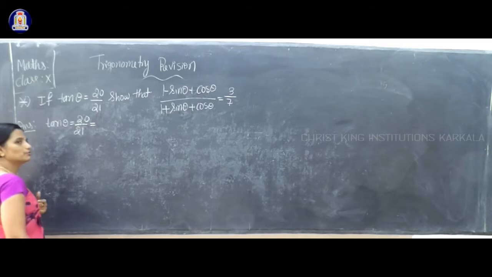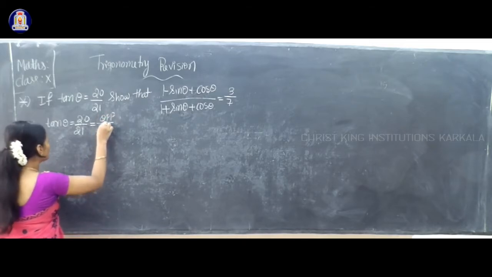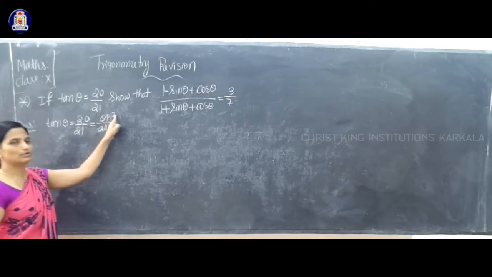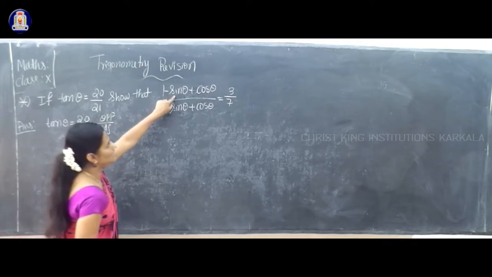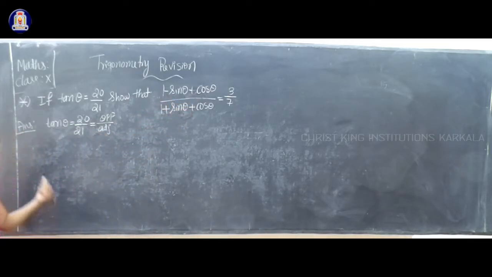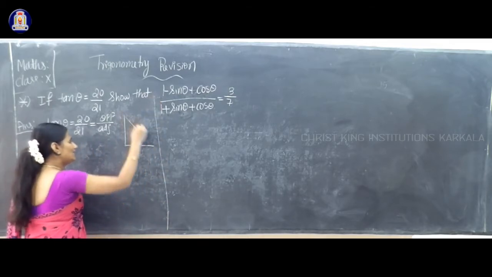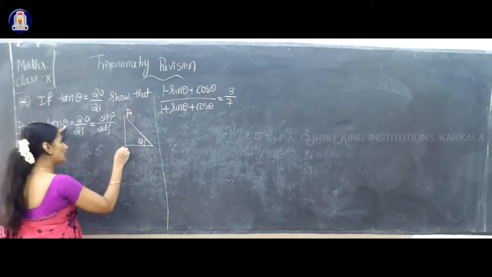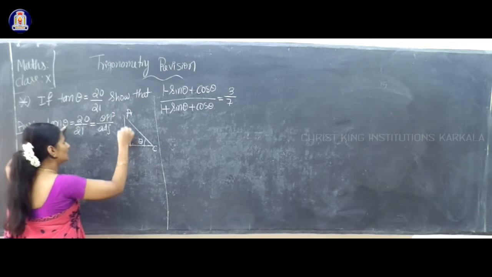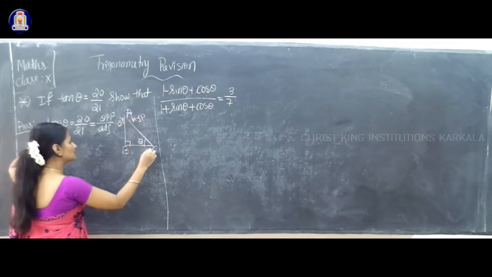Now what is the definition of tan theta? Tan theta is opposite side divided by adjacent side. So to find sin and cos, you should know what your hypotenuse side is. How to find that hypotenuse side? Use the triangle. In the triangle, what is the angle? Angle is theta. It is A, B, C with 90 degrees. So this is your opposite side, hypotenuse side and adjacent side.